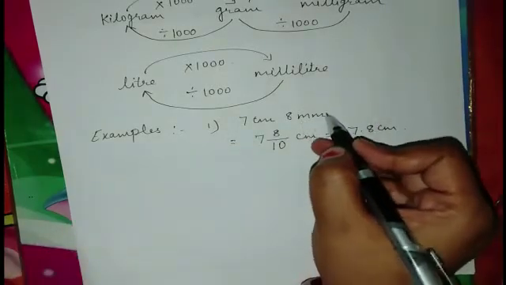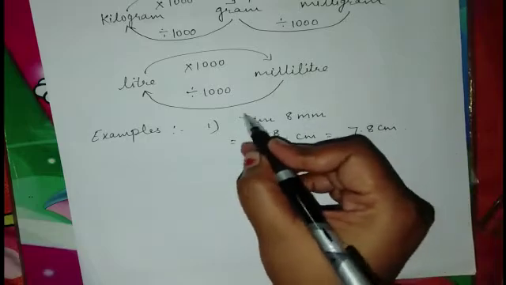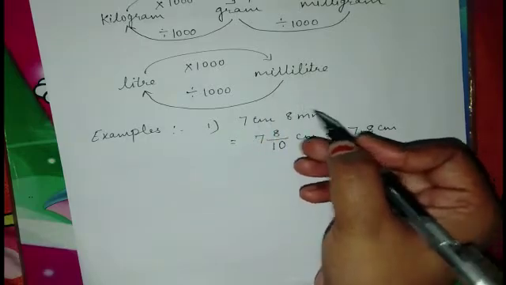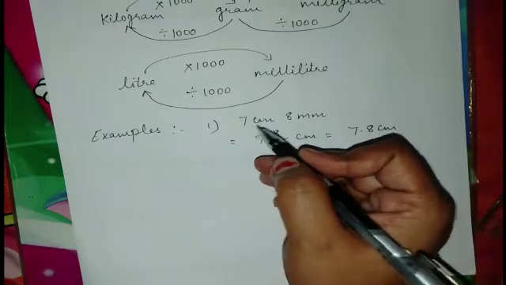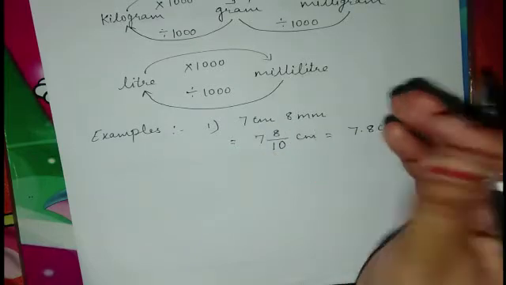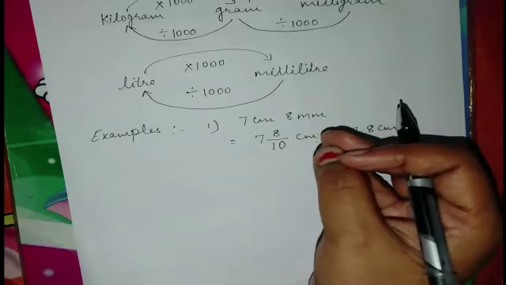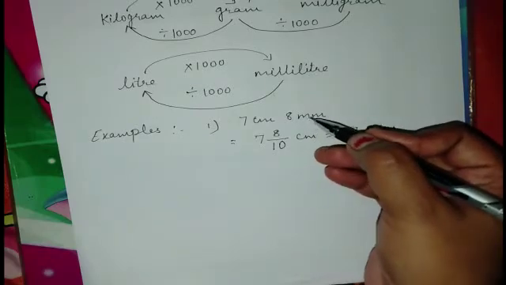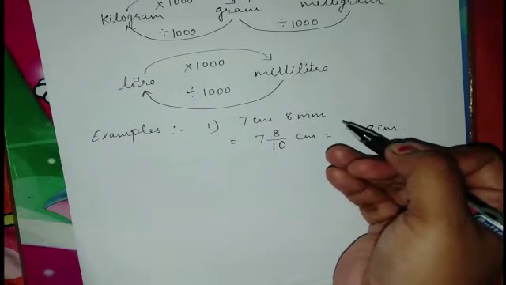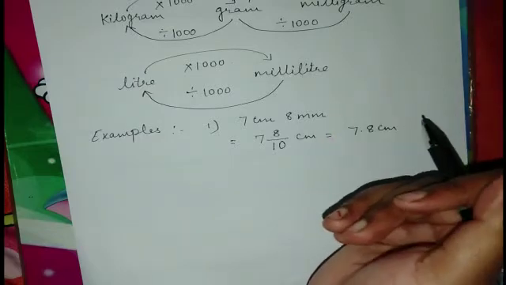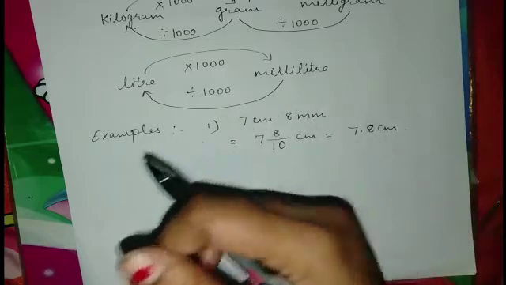What we are doing? We are converting this thing because it is the higher quantity. We convert lower to higher. So whenever we go lower to higher, we do the division. Okay, so 1 centimeter is equal to 10 millimeter. So we will divide by 10. Okay, next example we'll see.